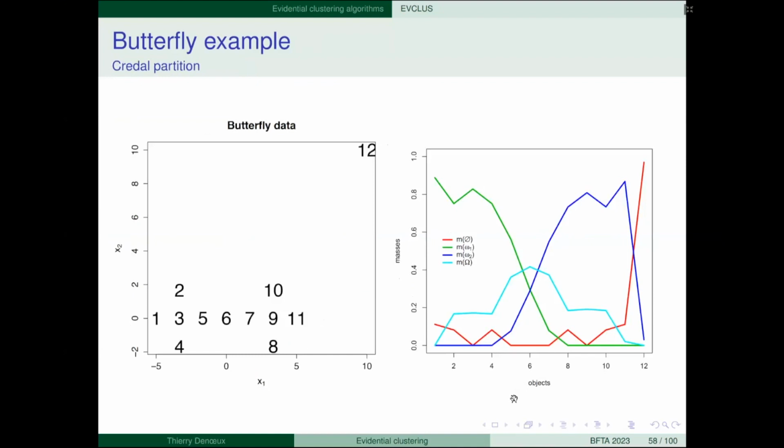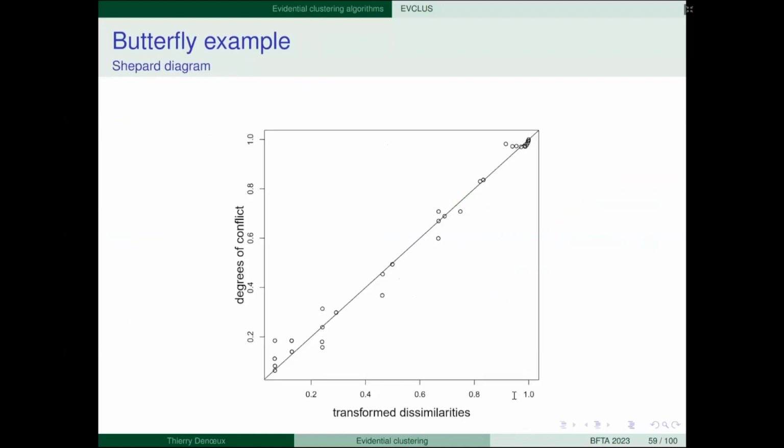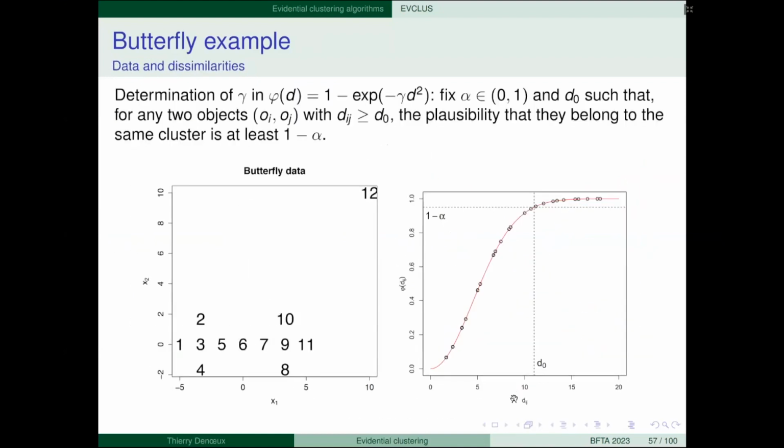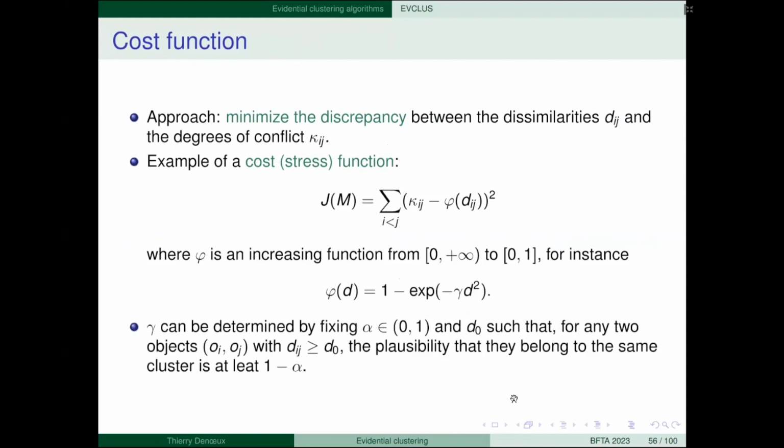Here I have to comment that the idea of this algorithm comes from multidimensional scaling. What is multidimensional scaling? You have distances and you're trying to find vectors such that the Euclidean distances between the vectors match the dissimilarities.